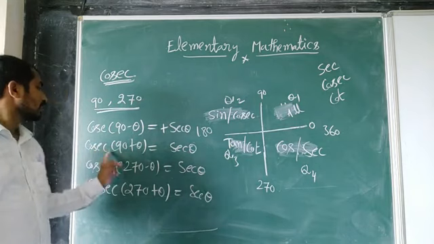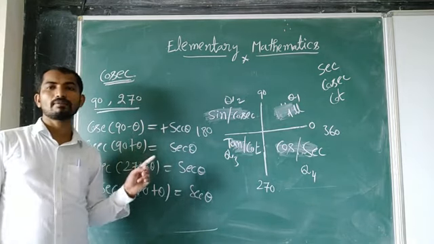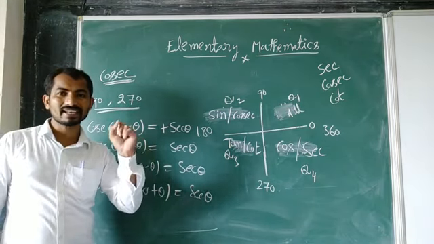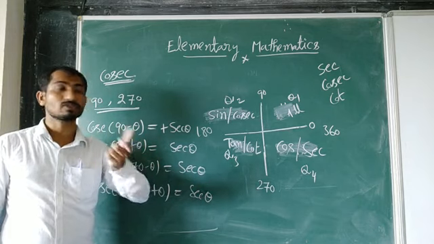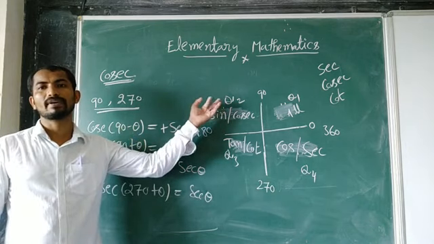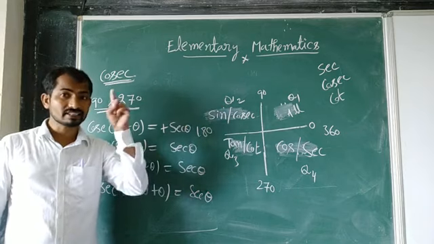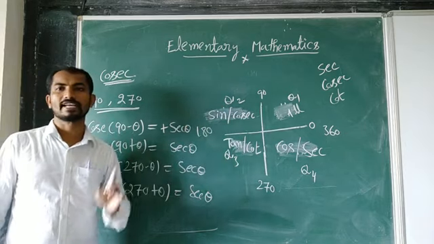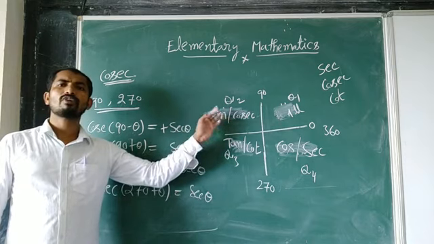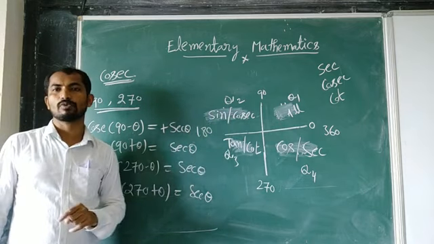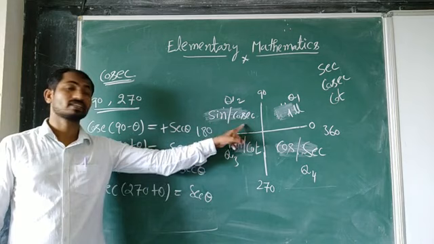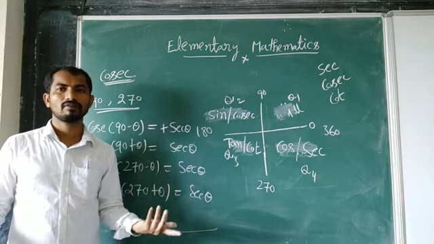And second, you can say cosec 90 plus theta, 90 plus theta means 90 से थोड़ा ज्यादा है, 90 से थोड़ा ज्यादा होगा तो कौन सा quadrant है? सेकंड quadrant. It is clear. 90 minus theta is first quadrant and 90 plus theta is second quadrant. In the second quadrant you can see what are the positive? Sin and its reciprocal cosec. These both are positive and the remaining all are negative.